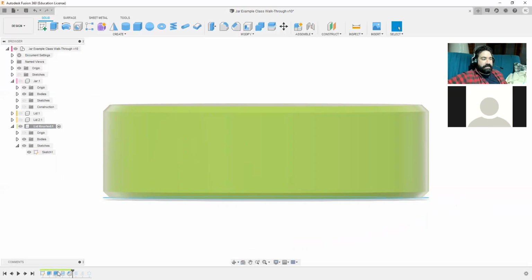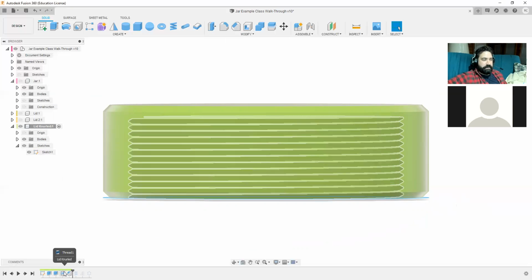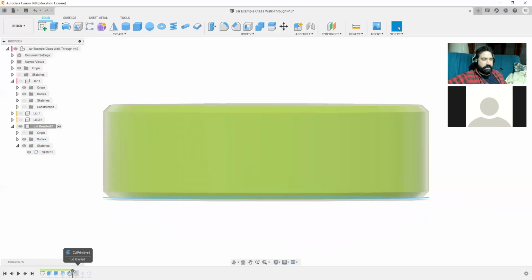Select OK. It has wedged that tool operation between the threading and the coil. So now when I snap back to current, it creates that pattern in addition to that chamfer. Now, obviously, while it's processing,